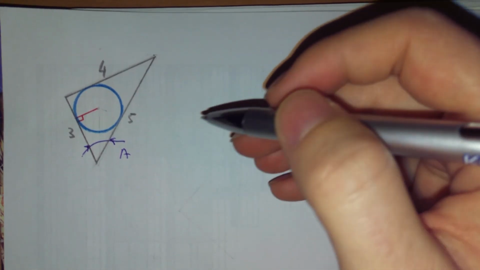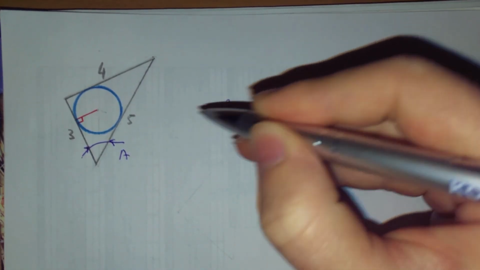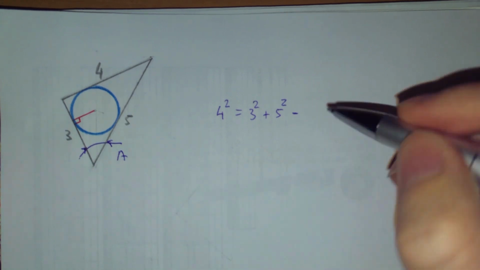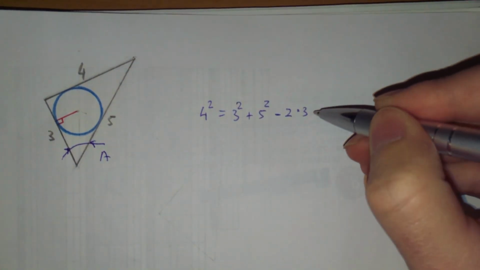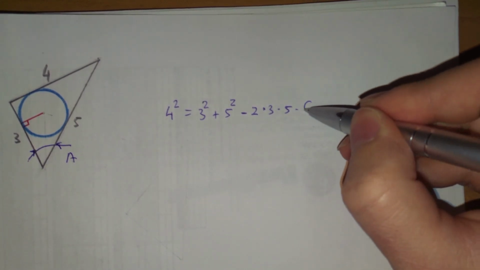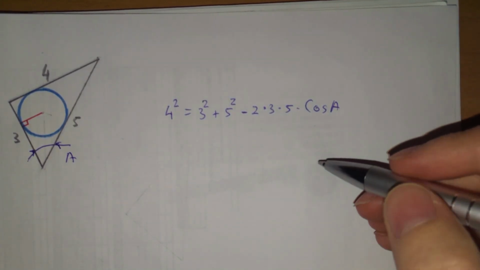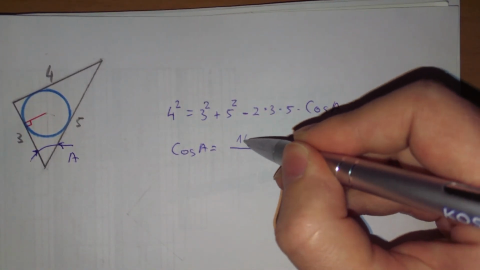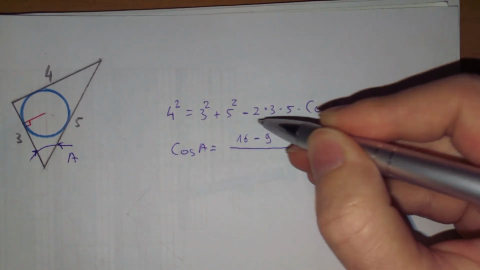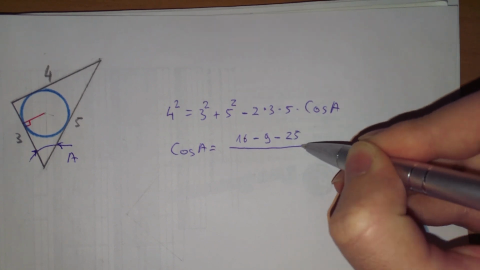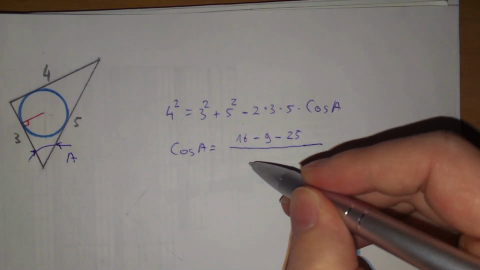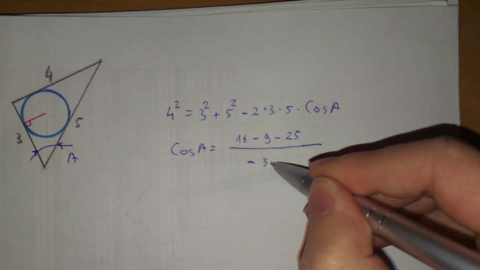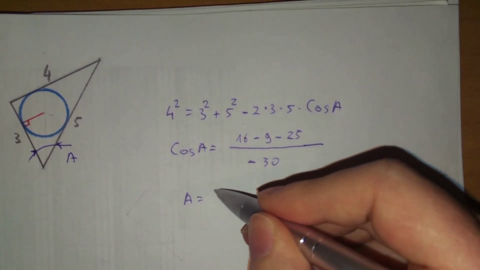Using the cosine law, we have 4 squared is equal to 3 squared plus 5 squared minus 2 times 3 times 5 times cosine of A. Solving for cosine of A, we have cosine of A is equal to 4 squared, which is 16, minus 3 squared, which is 9, minus 5 squared, which is 25, and divide all of that by minus 3 times 2, which is 6, times 5, which is 30. So A is going to be arc cos